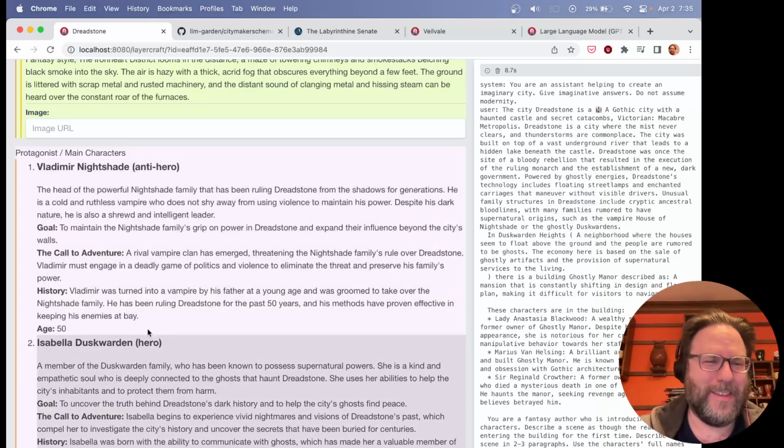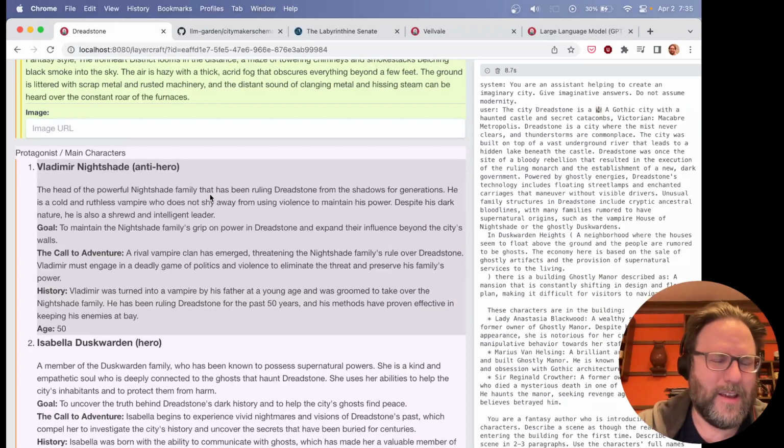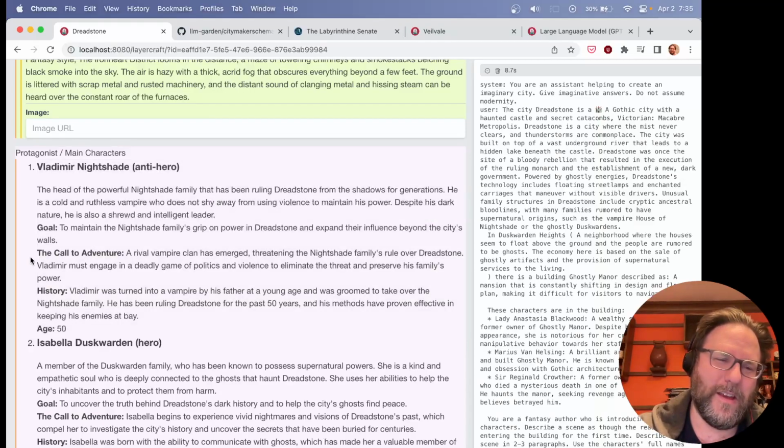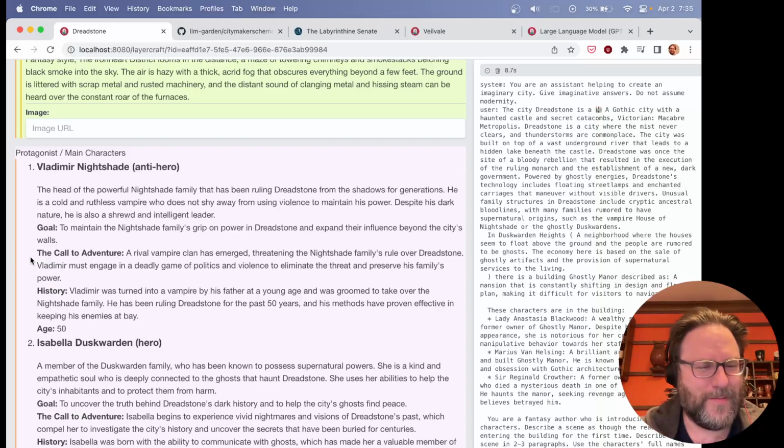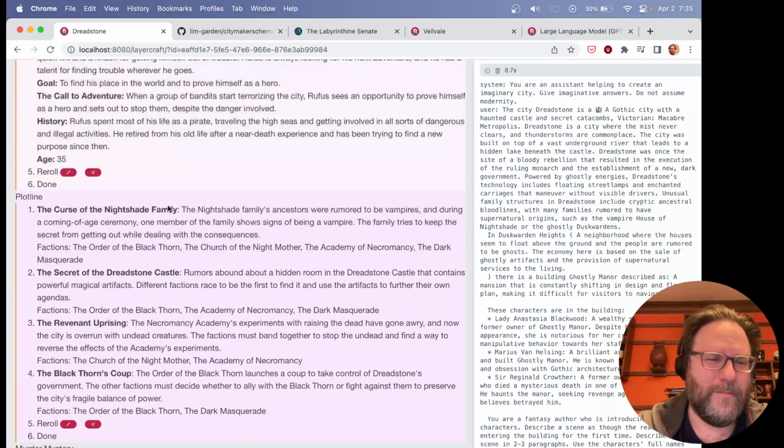This one uses a template that asks them to go through: people have a goal, the call to adventure. This is based off of the hero's journey. What is the thing that takes this person out of their regular life and into a life of adventure? This isn't very filled out.